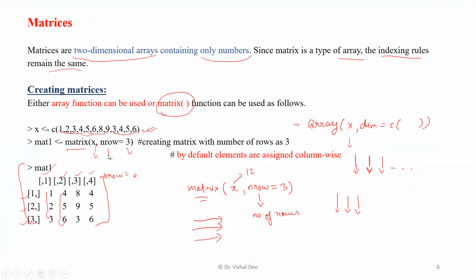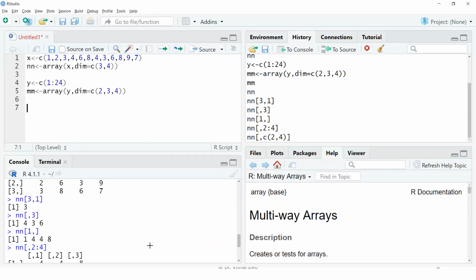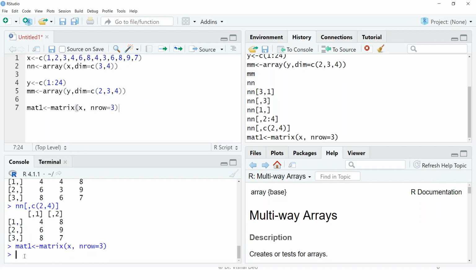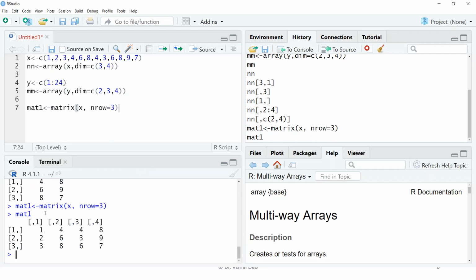No need to use the same values, we can use any. Let's say I define, okay, there are 12 values here, I will use the same vector x. So I can define mat1 as a matrix with values from vector x, which has 12 values, and I can write nrow is equal to 3. So I run this, and if you want to see the values which are stored here, you see this is how the matrix has been